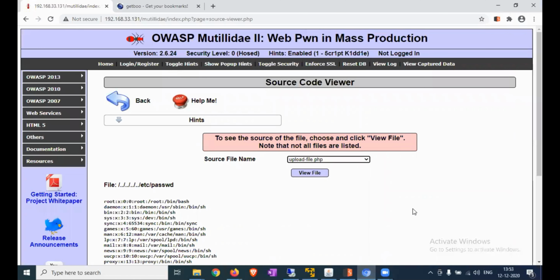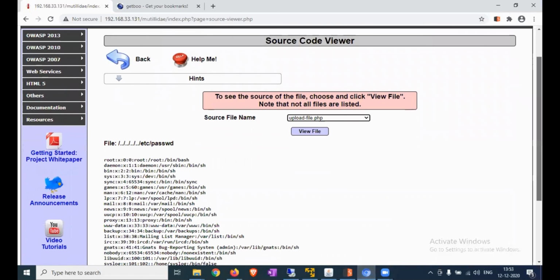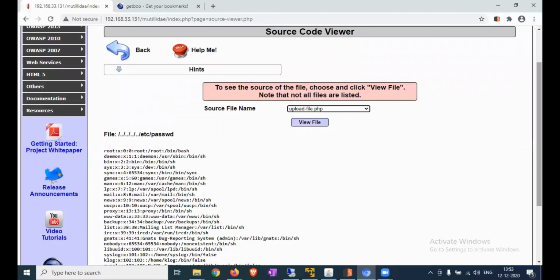So now just forward that request and turn intercept off. Okay, got it. After returning to the browser, notice we can see the content of etc passwd. So to see the source file of upload-file.php, we intercepted that request and changed the parameter value.